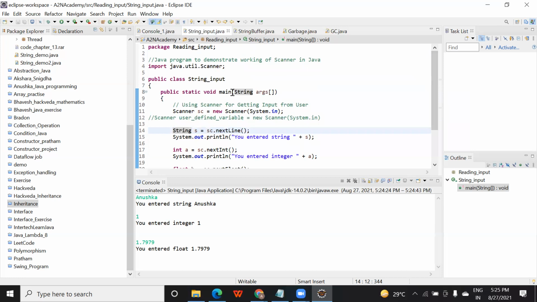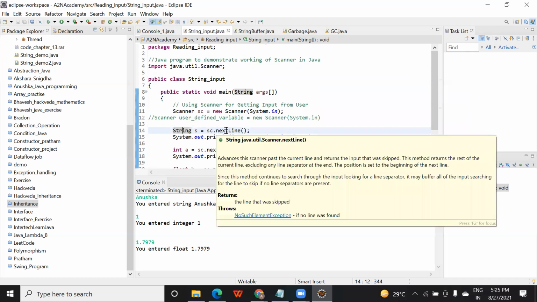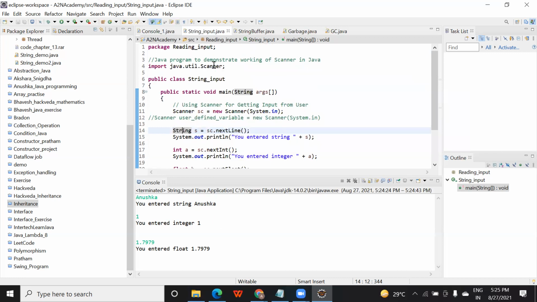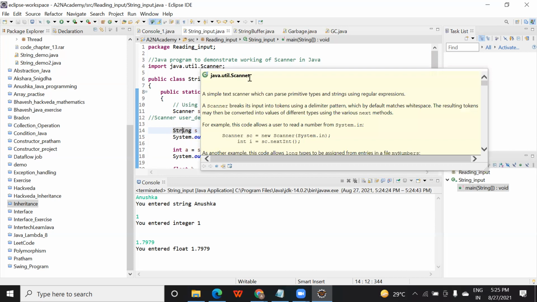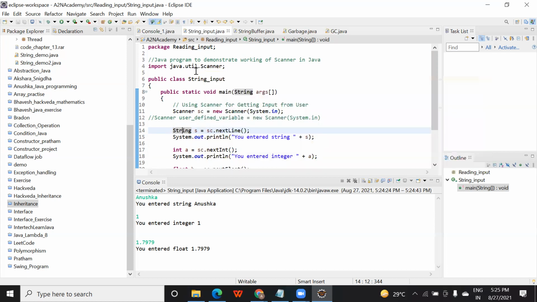And for implementing next line you don't need anything except the scanner import, java.util.Scanner. This scanner is used for reading an input. So just remember this thing.